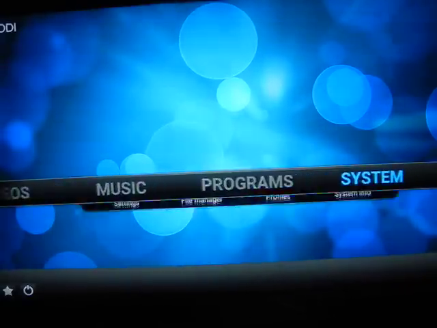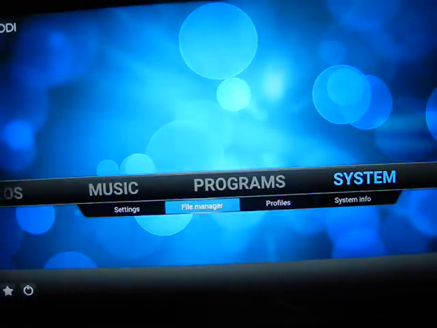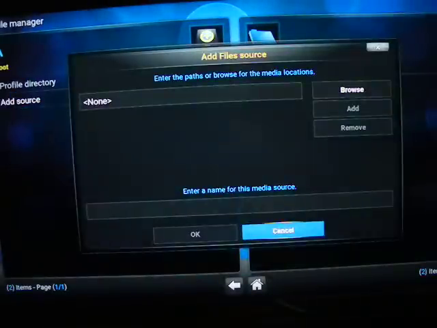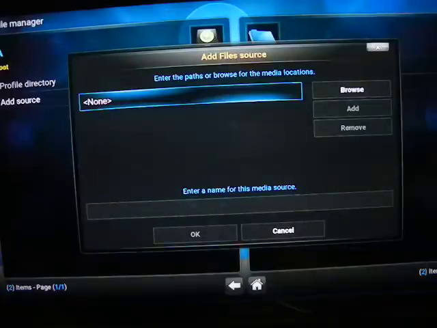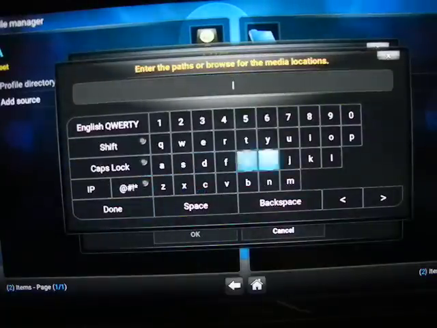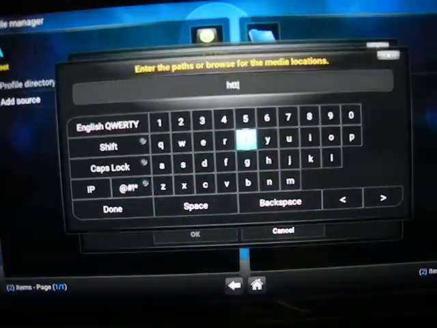So the first thing you want to do is go to Systems, go to File Manager, and then you're going to add source. What I'm doing is I'm adding a library so that I can get the add-ons from this library. So I have to put the address for the library, which is http